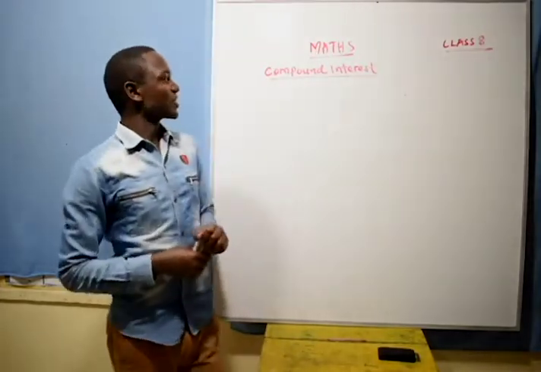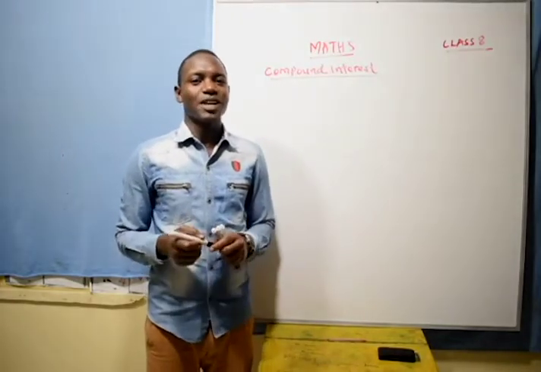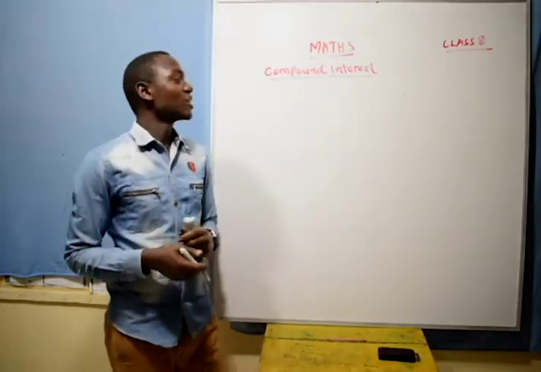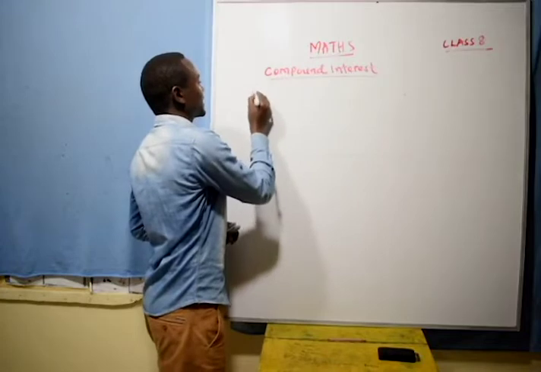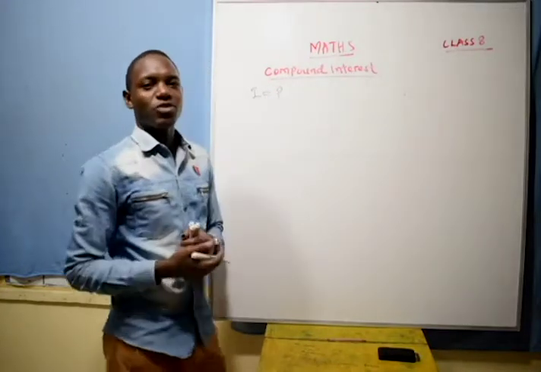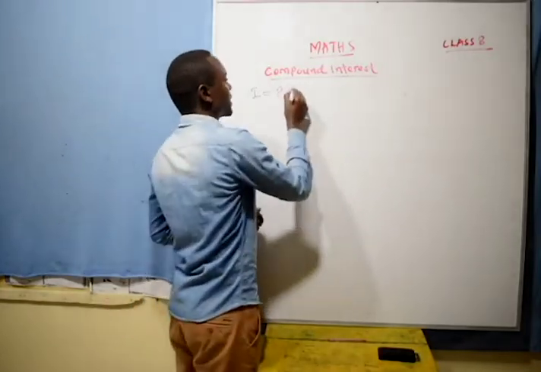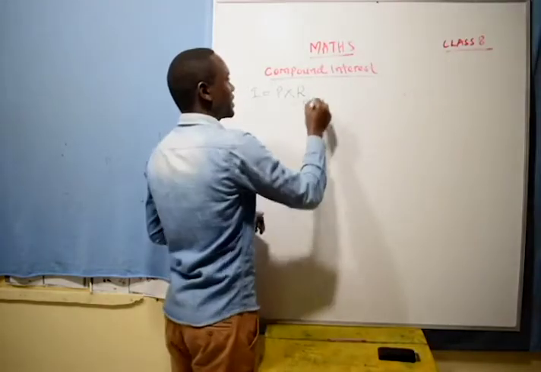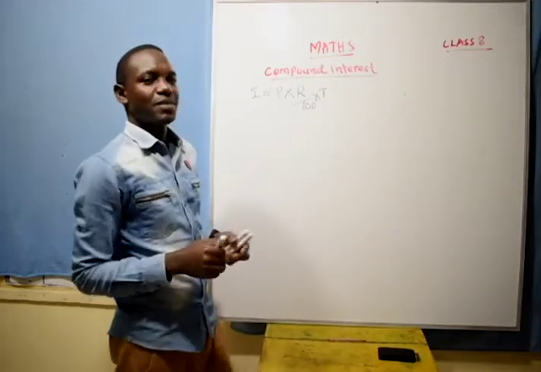In the previous lesson, we looked at simple interest, whereby we said simple interest is the amount of money that is earned from money deposited or borrowed. And we say that the formula for getting interest is the principal, which is the amount of money deposited in the financial institution or borrowed, times the rate, which is over 100 because it's a percentage, times time, that is the number of years or months that the money is